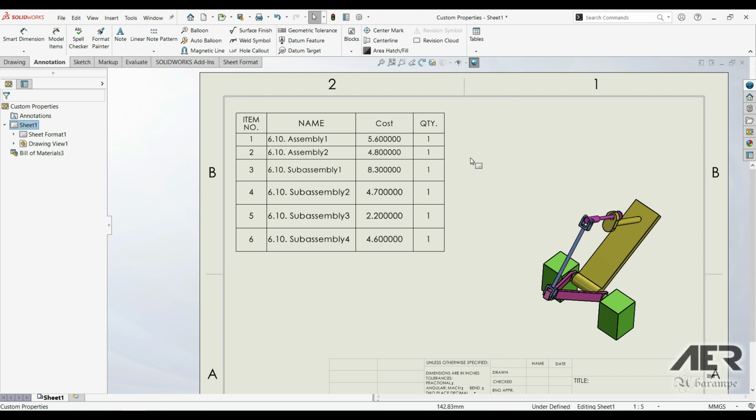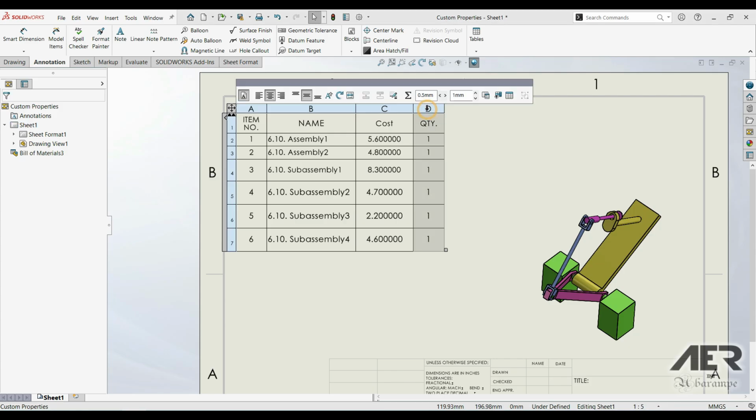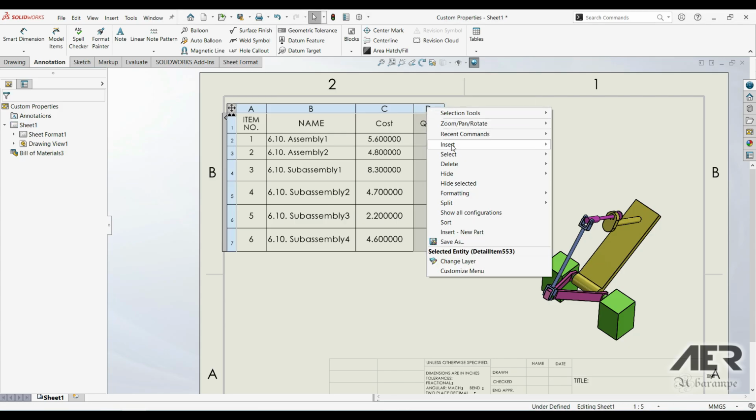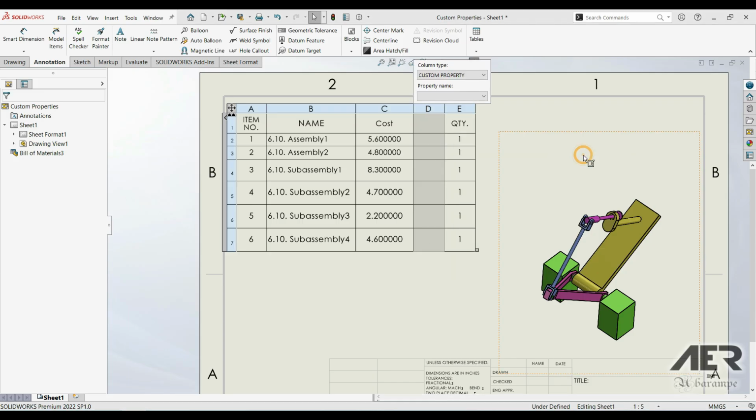and now here we want to add a new column. In this column we'll show part number. To add a column, we just click here, right click and insert, and now we have two options here. We can add a column to the right side of this column, quantity, or we can add a column to the left side of this column. Let's add a column to the left side like this,